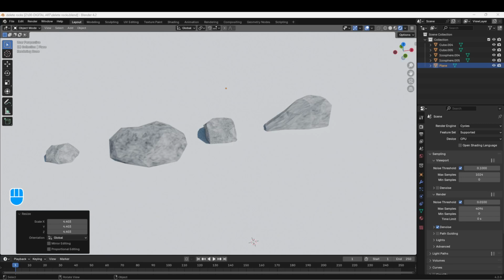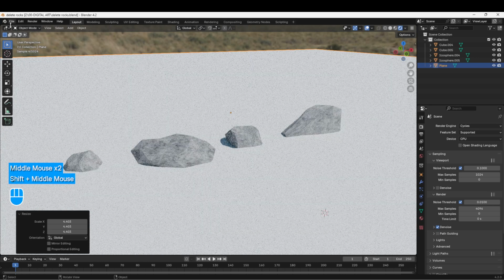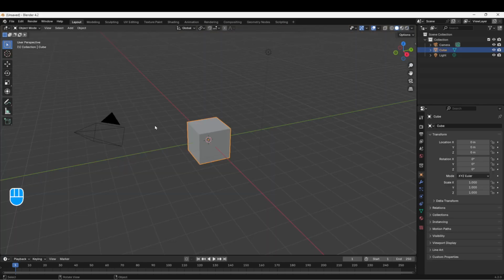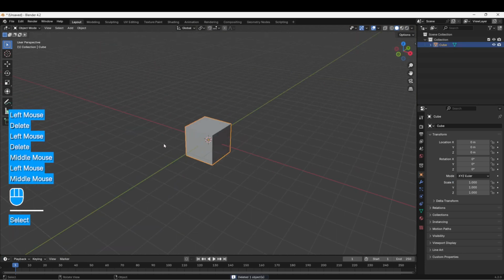In today's lesson, we will be making some simple low poly rocks. Let's start by opening a general file in Blender. Go ahead and delete the camera and the light. And let's start with the cube. Let's go ahead and name this rock